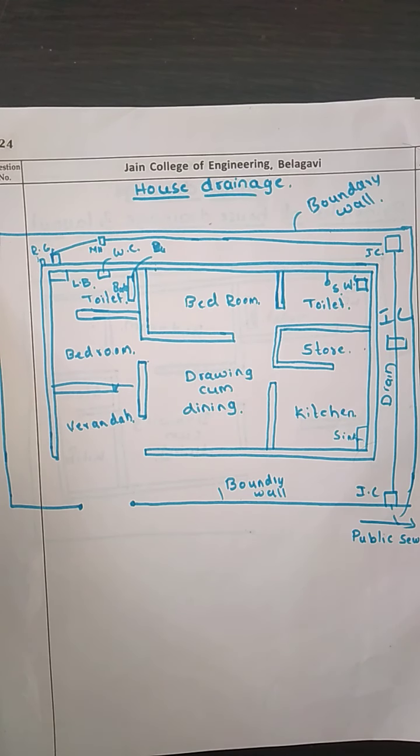The house drainage should also be disconnected from the public sewer by providing an intercepting trap. Why we need to do this is to avoid the entry of foul sewage from your septic tank or the main sewer line back into the house. So these are the different principles of house drainage. In your examination they may ask you to explain the house drainage principles with a neat sketch. In that case you need to draw this particular diagram and explain the things.